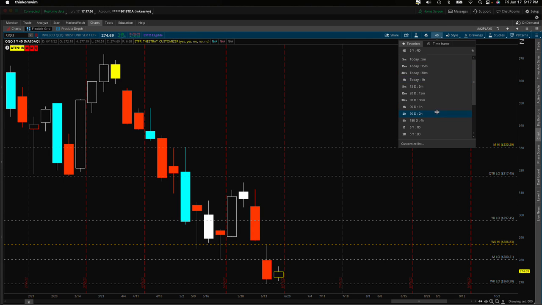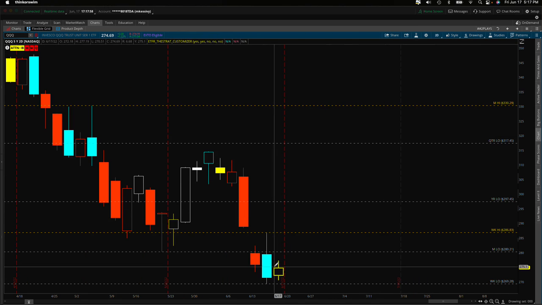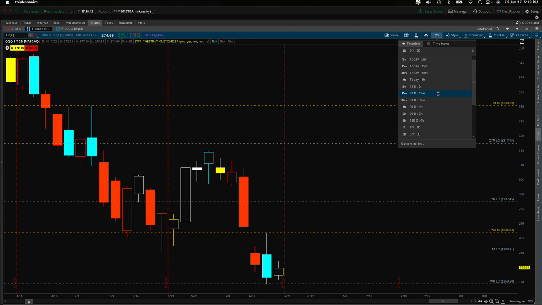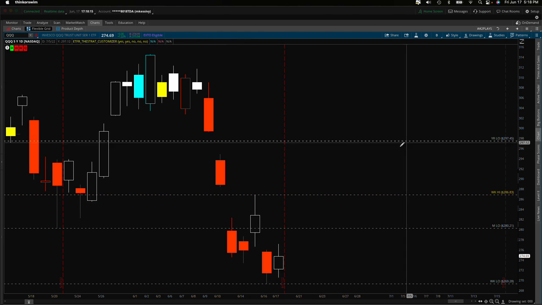The 2D chart. This candle closes on Tuesday, so it could be a possible 3-1-2 bullish. Let's see what happens on Tuesday. This could go up higher or it could stay inside. We don't know yet. On the 1-day,